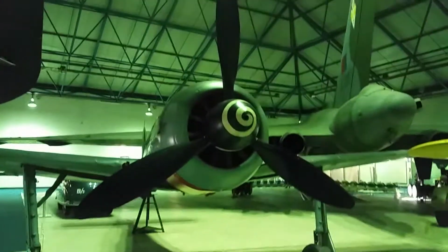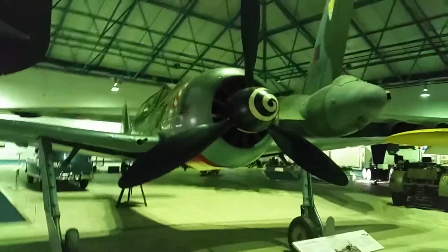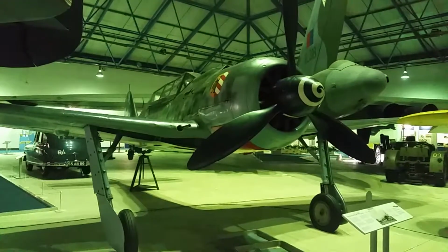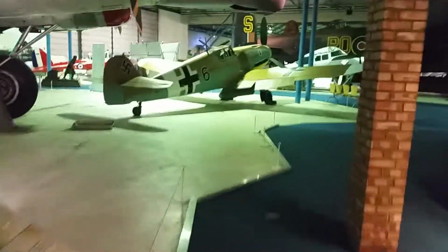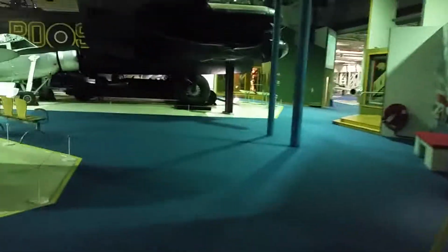Now, if you can see here, this is a Focke-Wulf 190. This actually is a rare two-seat training version. I think it was captured on an airfield in Germany at the end of the war. Right, we're going to go through to the next hall. At the moment, it looks like they're refurbishing a Pioneer over there, next to Sugar. So let's go over here. And if we go through to the other hall,